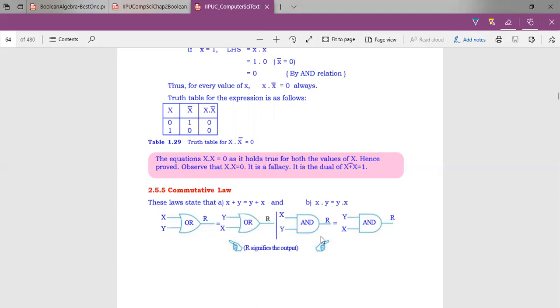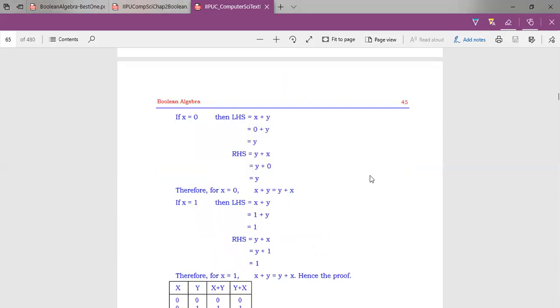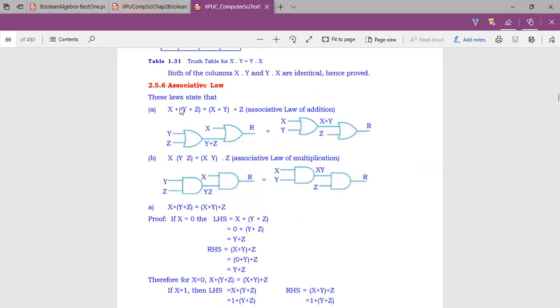Whatever may be the variable. I'll ask one more question. What is ab whole bar, whole bar? Complement of the complement of ab, it is ab only. ab whole bar, its whole bar is equal to ab, right? So these theorems you should know where to apply. In the next class we will study the next very important theorem, which is called the associative theorem.